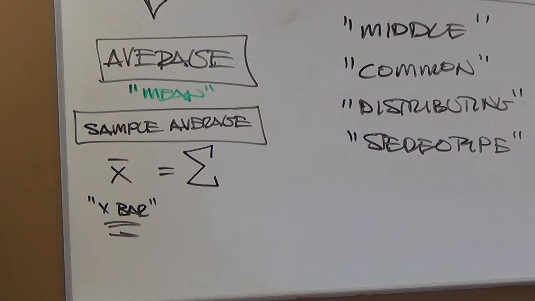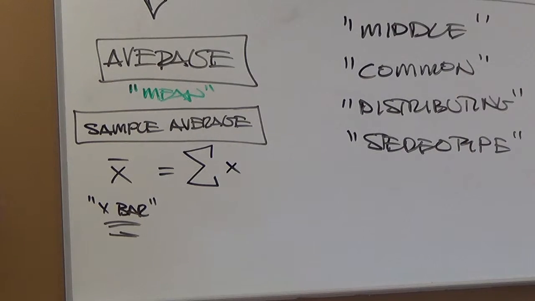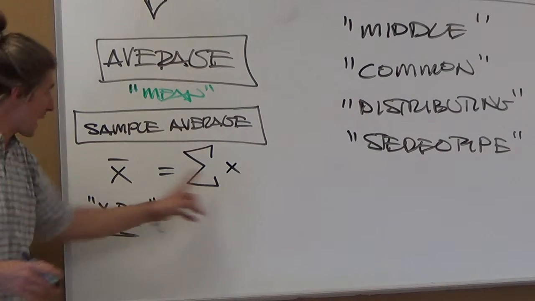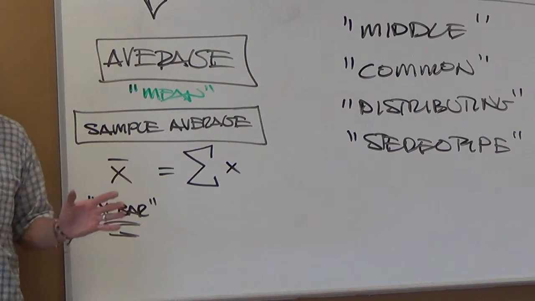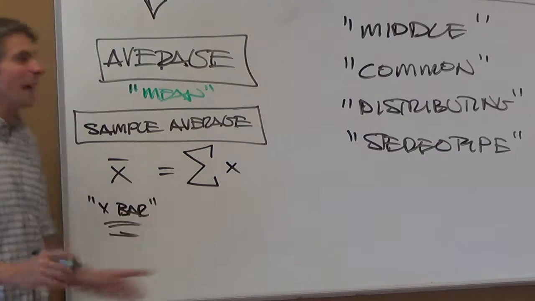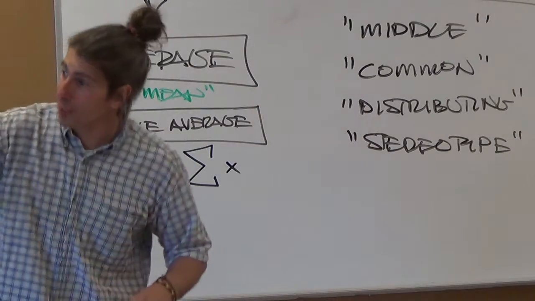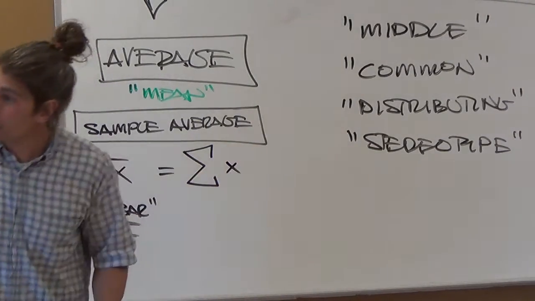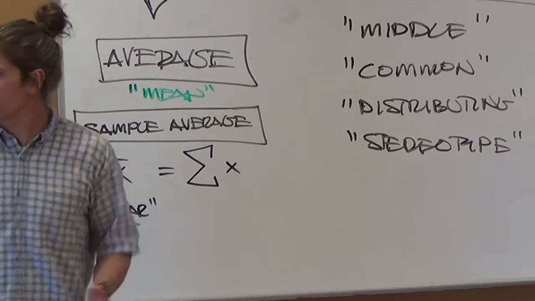Add up what? A bunch of numbers. We get tired of writing a bunch of numbers too. So whenever you're talking about adding up a bunch of data, you just say you're adding up the X values. X is going to be your data. That's different than X bar. This is somewhat confusing at first to students. It's okay, you'll get the hang of it. X bar is a fixed value. The individual X's are the individual values. So the first X value for us is 0, the next X value is a 1, the next X value is another 1, the next X value is a 2. So there are